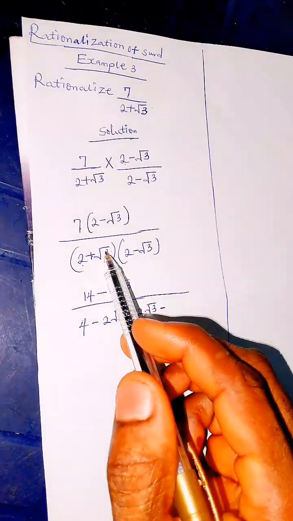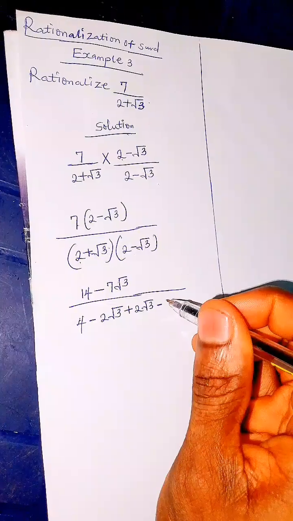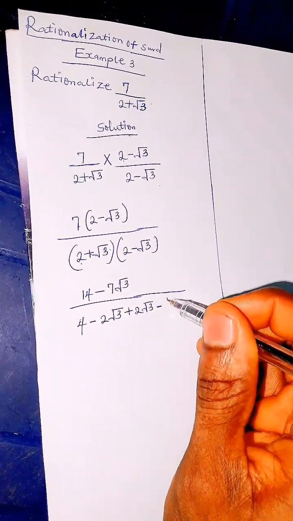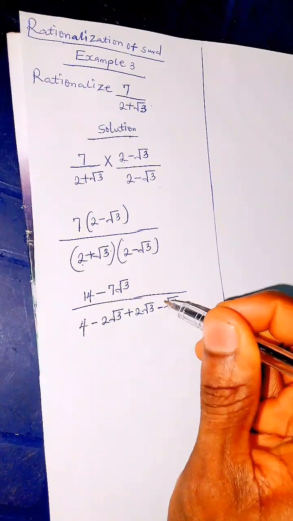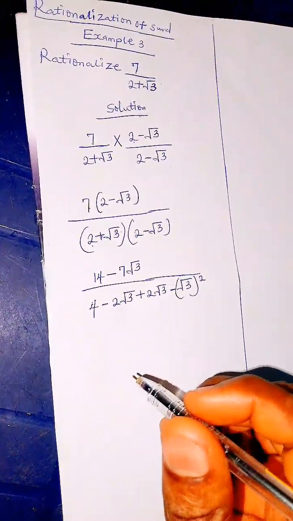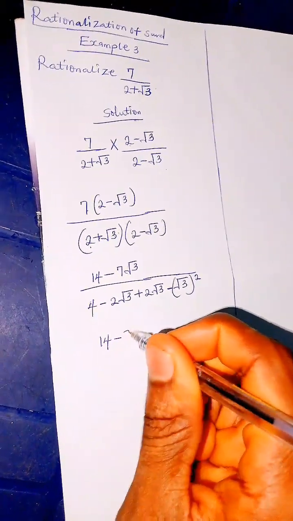Minus. Root 3 times root 3, since the roots are the same and they are multiplied each other, we are going to what? Square it. We are going to square this such that we are going to have 14 minus 7